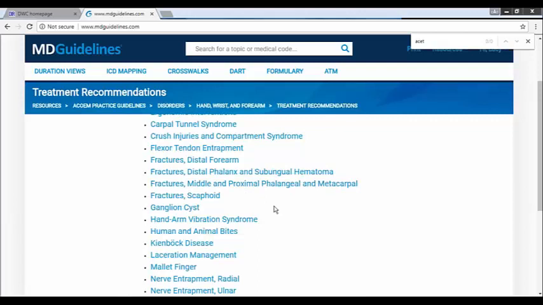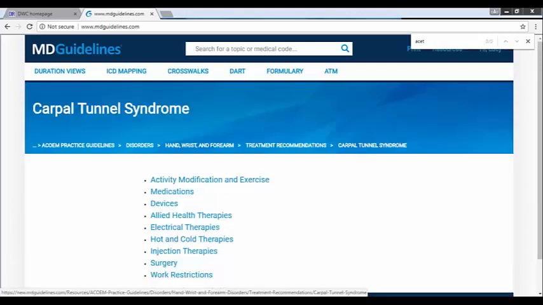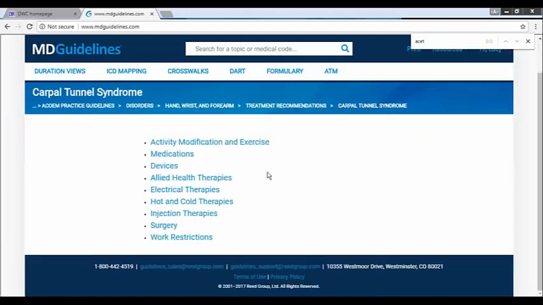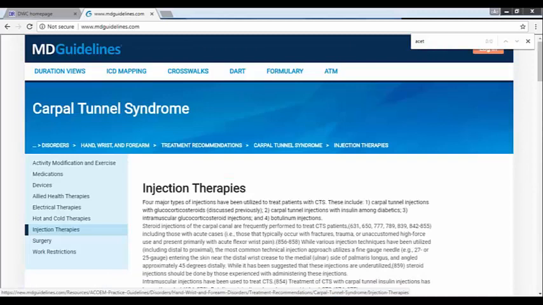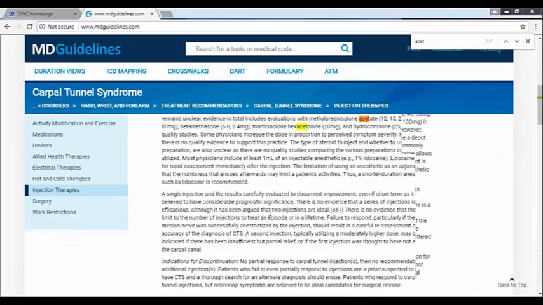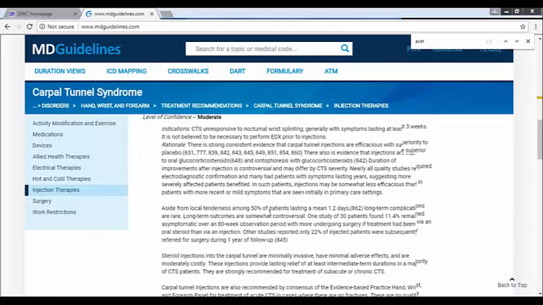I'm going to choose carpal tunnel syndrome. And then these are all the different categories for which the recommendations reside. I'm going to click on injection therapies, and then I have all of the recommendations for injections within this guideline.